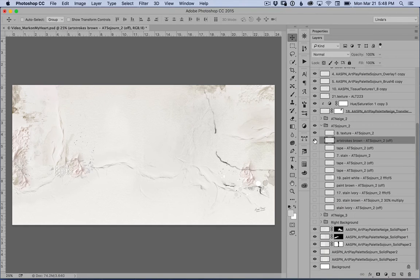I did not use the brown art stroke because I wanted the softer line that the paint provided, nor did I use any of the tape. I did use the stain, which you can see up at the top, and I used the white paint. But on this white paint, it's a little too yellow for my layout, so I have already selected a color. So what I'm going to do is copy and paste that